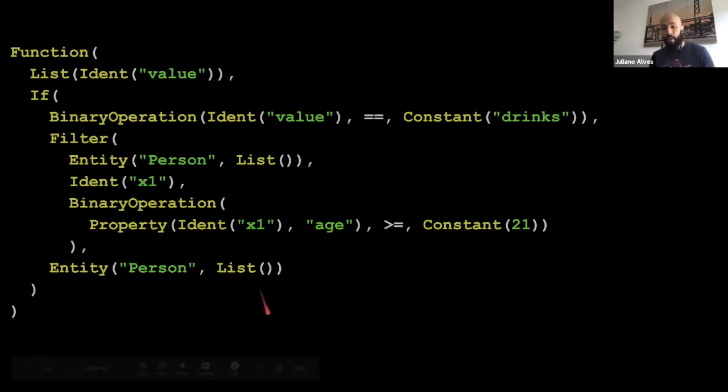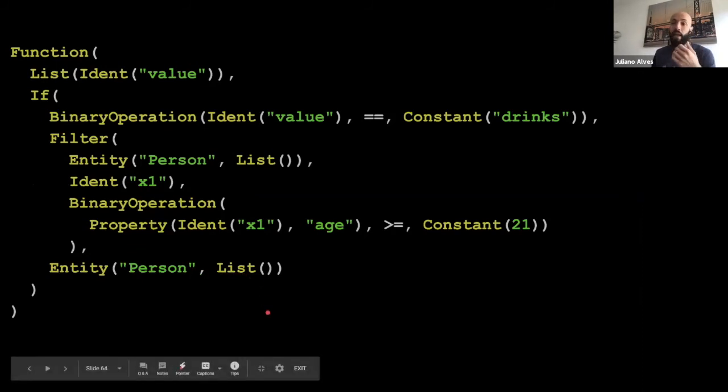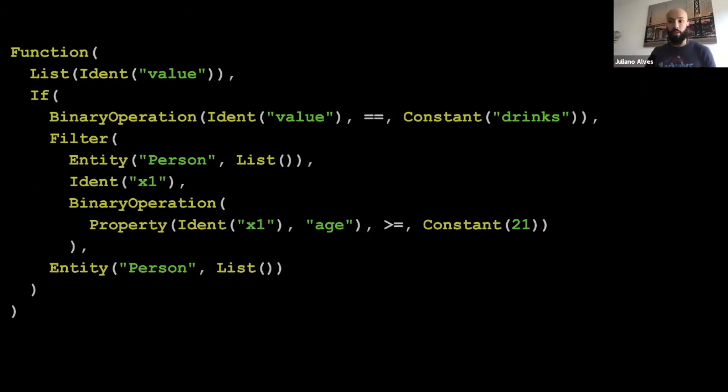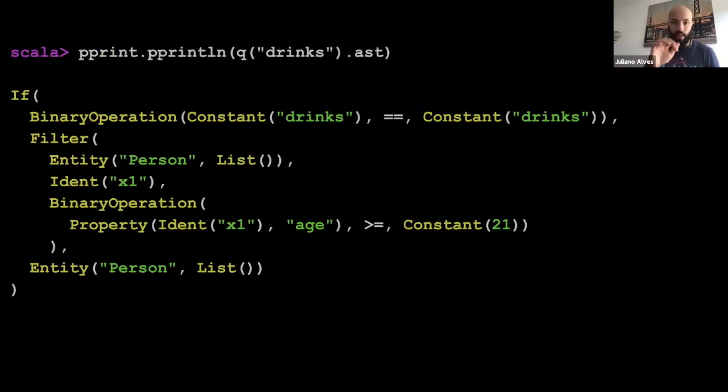Interestingly enough, I can have the AST of the applied function to a value. So let's say that we are calling the quote with drinks, passing the value to the string, and then printing the AST. And at this point, what I actually have is an if of a binary operation, the then query and the else query.